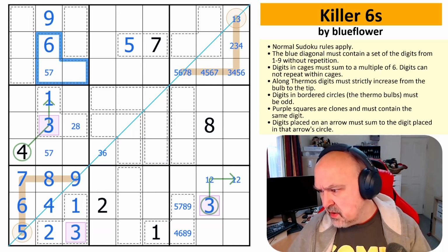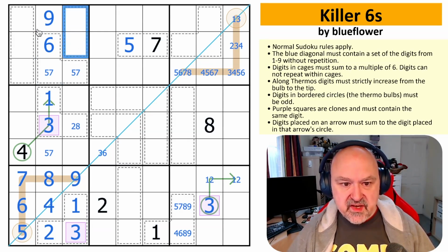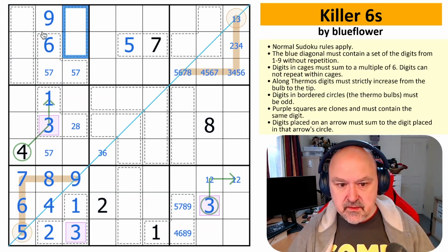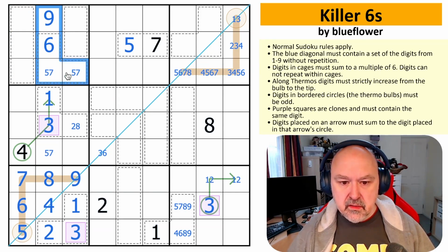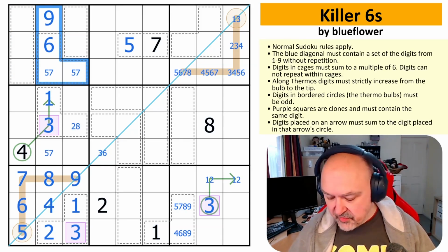So actually I could do this now. These sum to 12. So that's 5, 7. So these sum to 12. These are an 8. Hang on, this is 18. These... Math. I'm just going to do it this way. I know I got there, but I'm...